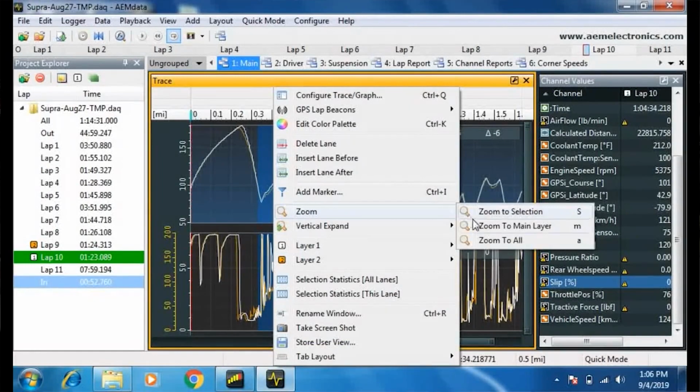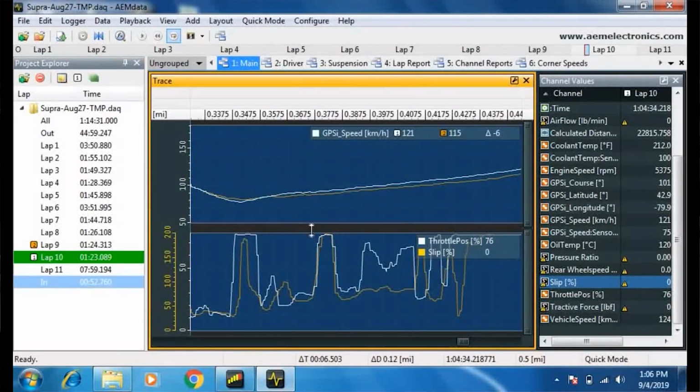analyze your driving. Or like I said, if Pete also drove the car, we could see what he was doing differently in that section of the track, and we could learn from each other just based on, okay, who's carrying more speed and what's he doing with the throttle? Okay, let me go out and try to replicate that if Pete was doing it better, which I'm pretty sure he would have been. So as you can see at the bottom of the speed trough here, that's when I've